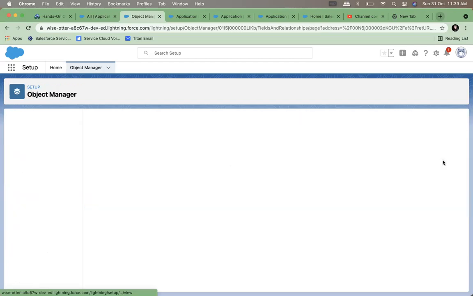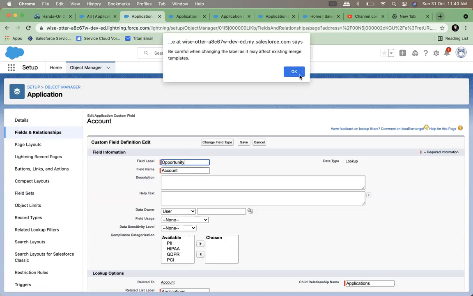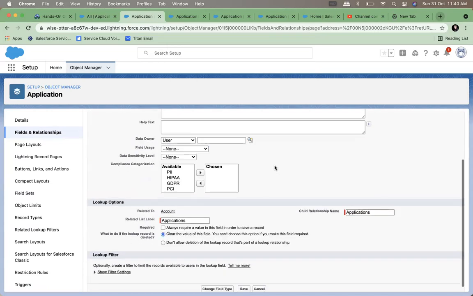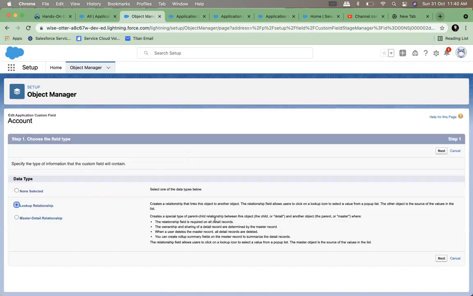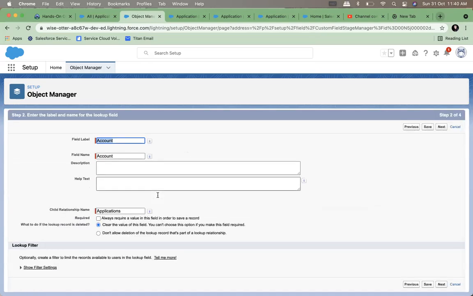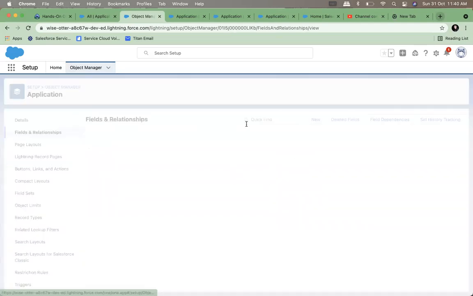If I make this a lookup to the opportunity object rather than contact, no, I cannot change this one. This is already there anyway.